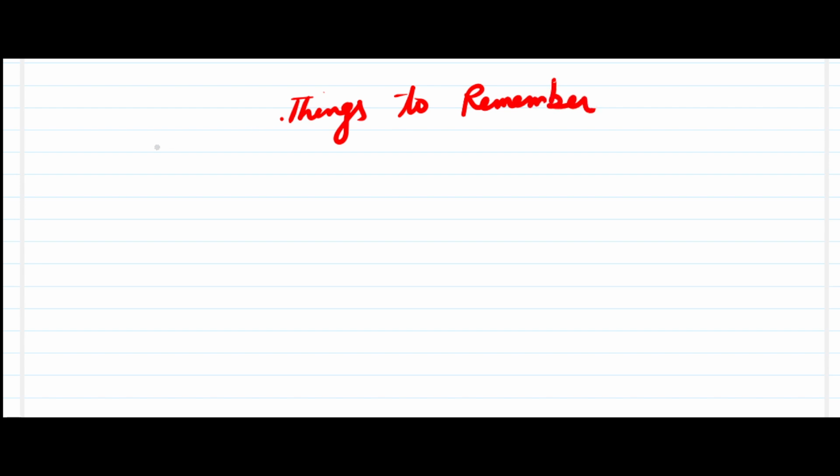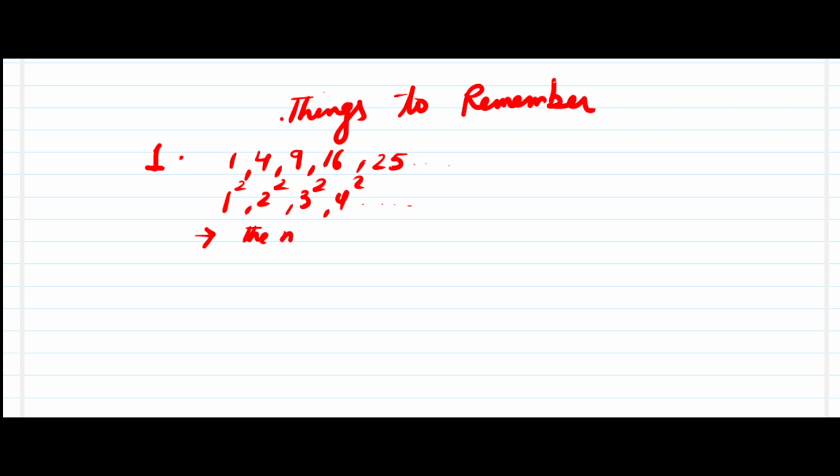The very first thing that you must know is, as you know, the sequence of square numbers is 1, 4, 9, 16, 25, and so on, right? And you can write it as 1 square, 2 square, 3 square, 4 square, and 5 square, and so on. So the thing that you need to remember is the numbers that are ending with